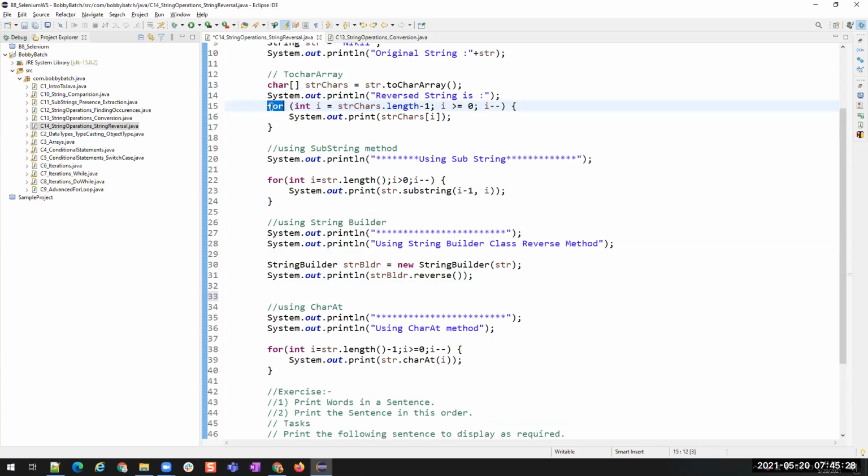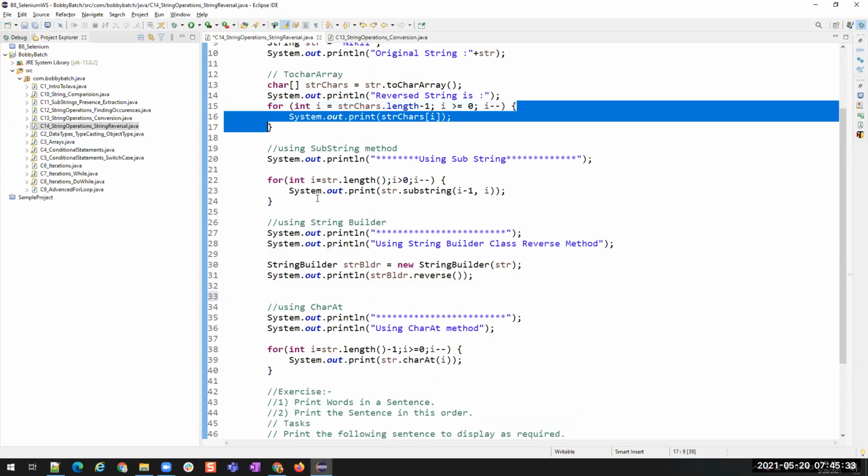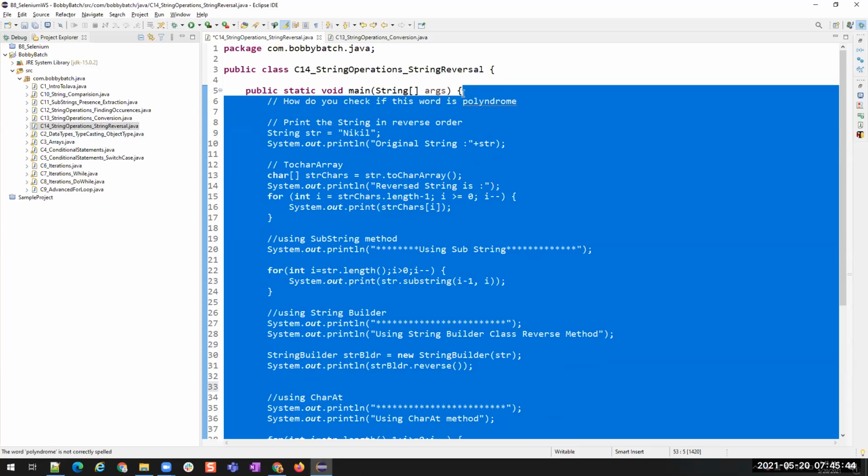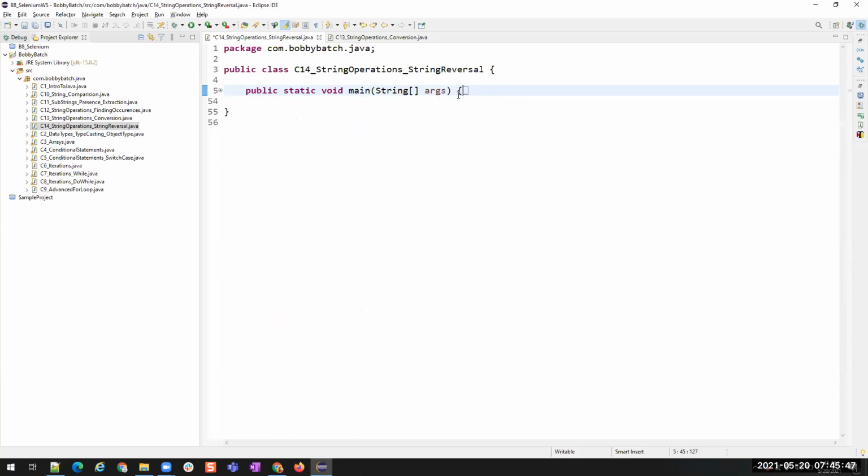this is a for loop, right? Whatever is created in this for loop is local to it. Whatever is between this open brace and close brace is local to this for loop. Now, whatever is created inside this main method is local to this main method, and whatever is created inside this class is local to the class. Okay, that is local. Whatever is present inside is local.